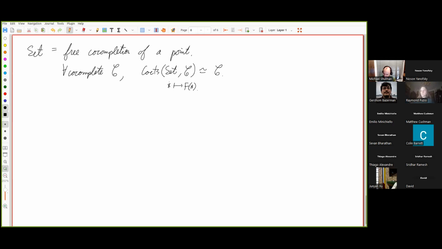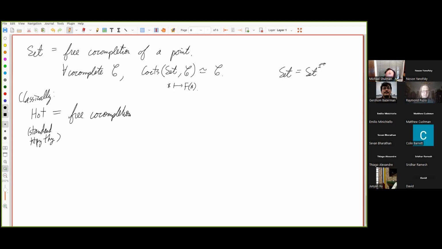This is again the Yoneda lemma. Exactly, right. So Set is the free co-completion of the point. So classically, the homotopy theory of topological spaces or simplicial sets, that's the standard homotopy theory, is the free co-completion of a point in this sense